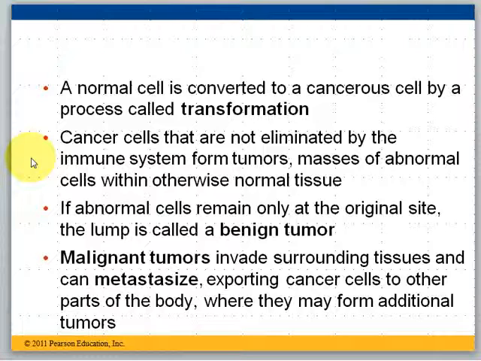You have the formation of tumors, which are basically masses of abnormal cells within normal tissue. So a tumor is going to be a big mass of cancerous cells enclosed within healthy tissue as well. Cancer tumors can be of two different kinds. One of them is called benign, and that means that the lump of abnormal cells stays in place, at the original site. If it's a benign tumor, while that is obviously scary and dangerous, oftentimes it can be resolved. It can be treated with surgery.